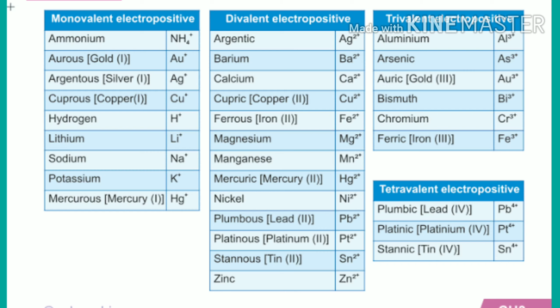The next one, trivalent. What do you mean by trivalent? Trivalent means it consists of 3 atoms. For example, phosphate PO4 3-, nitride N 3-, phosphide P 3-. That means it has a charge of 3. Like this, tetravalent elements, for example carbide C4. So these are the examples of monovalent, divalent, trivalent or tetravalent elements.